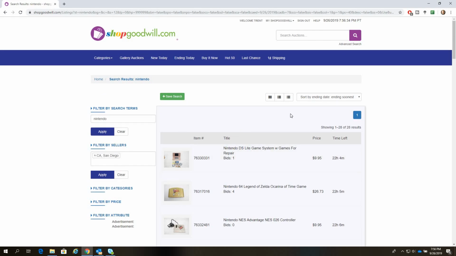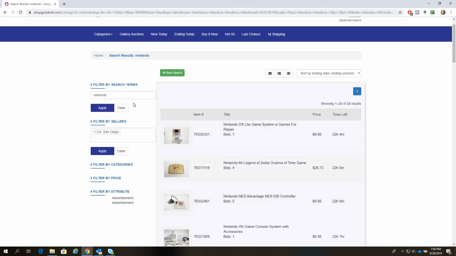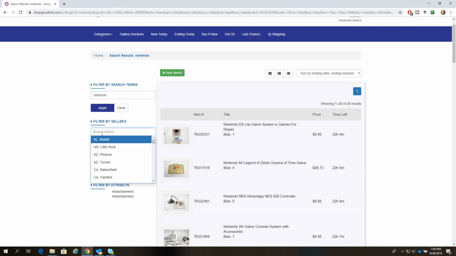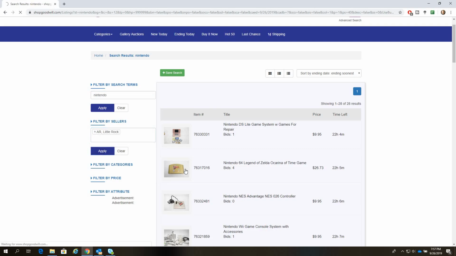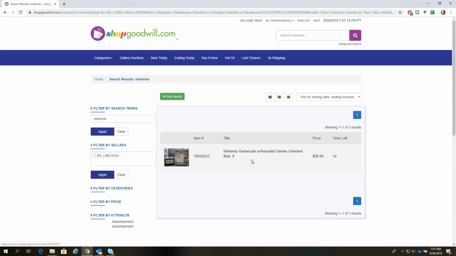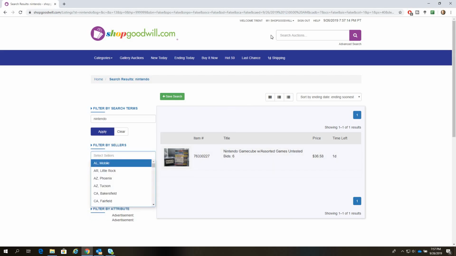And the other way to do it, now that I'm here, is if you're ever in this where you have it right here, you can search anything right here, and you can put it in the filter right here as well and apply it. So if I wanted to change my filter, if I wanted to search Little Rock, Arkansas, I could apply that instead. And Little Rock's kind of lacking on the Nintendo items, man. Okay. Anyways,